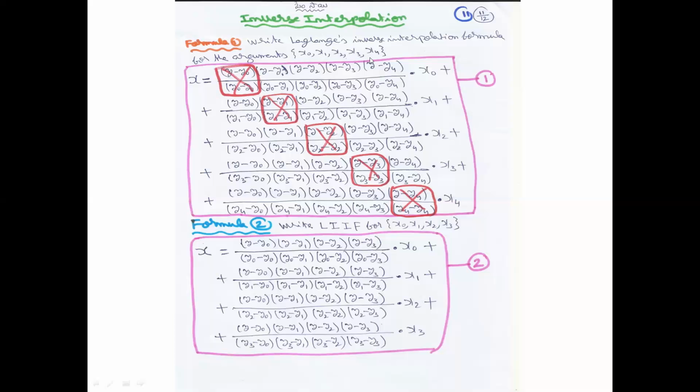So in the very first video, I explained clearly about notations, symbols. Once again, arguments are x0, x1, x2, x3, and so on. The respective entries are either f of x0 or y0, f of x1 or y1, f of x2 or y2, y3, y4, and so on. So we know interpolation means argument is given to estimate respective entry. That is called as interpolation.